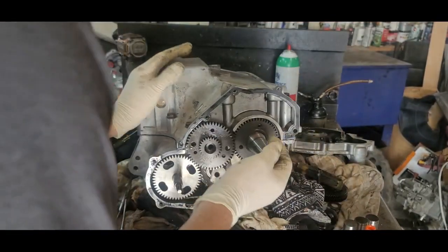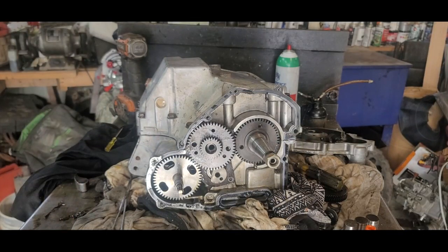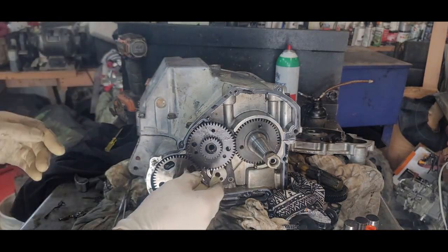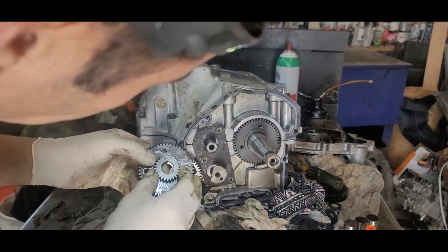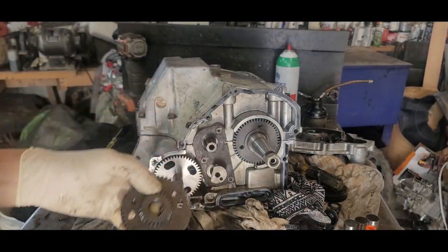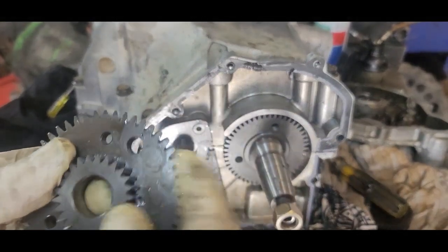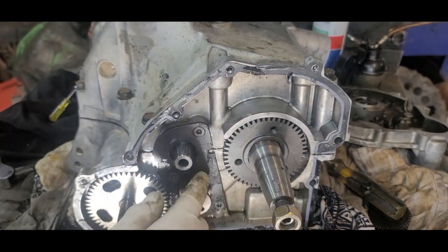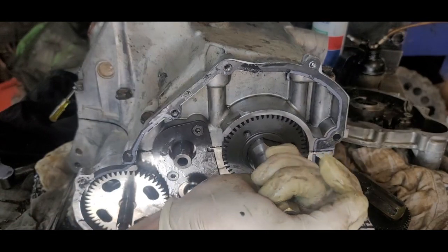Okay. Now, I got to get my headlamp on. There we go. It'll help you see too, hopefully. All right, so what we got to do is, we got a mark here. I don't know if you can see that or not. If you're too far away, let's get you down here. See, there's a mark right there. That will go with the crank. There's a mark on the crank,